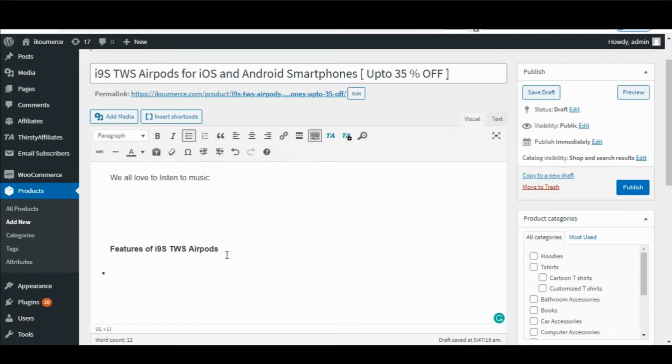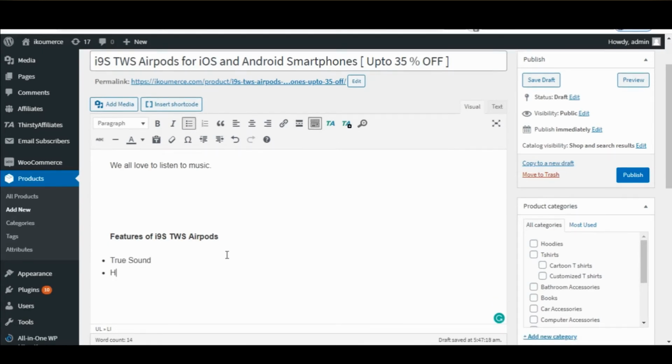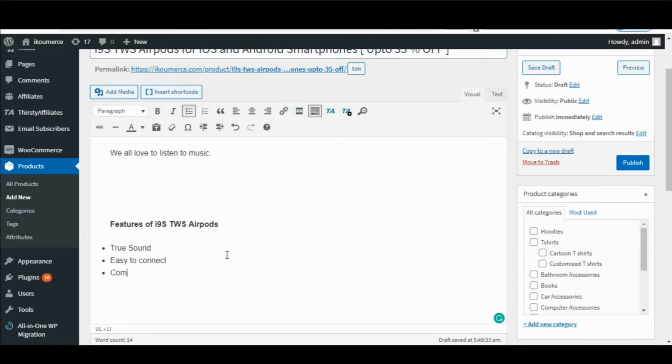Just click on it and add the features. Easy to connect, compatible with both iOS and